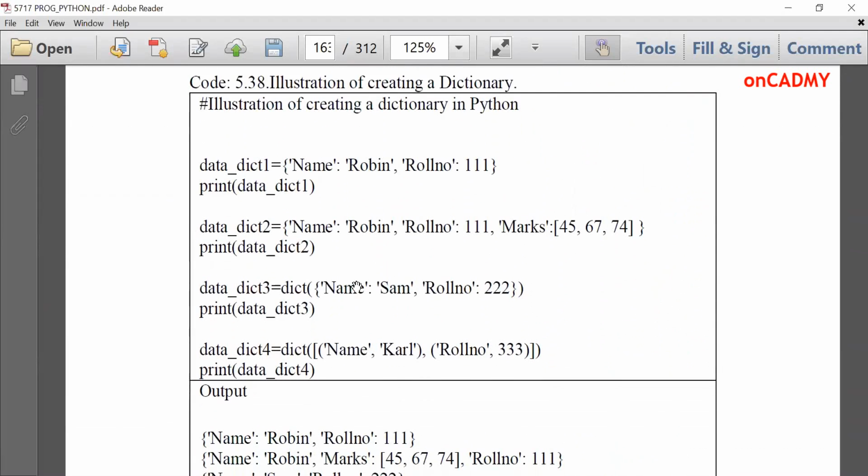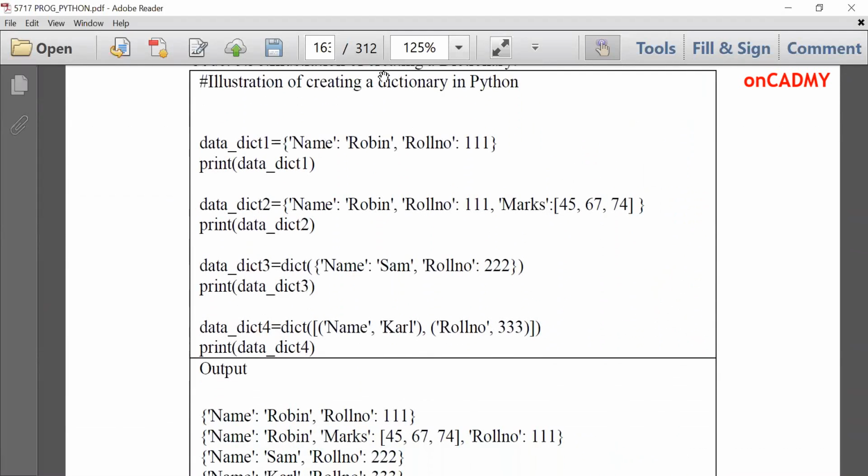It's very simple. First of all, create a variable name or object name is equal to. You have to give the value in braces as we have done in sets also. But here we are giving keys. Name in single quotes, and then we write colon, and then we specify value.